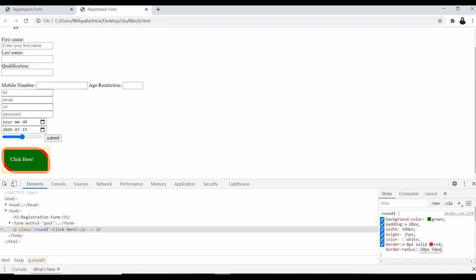If I give two values, it will take automatically top left and bottom right, and top right and bottom left. So this is border radius. You can use this for buttons or showcasing your content. Wherever you are providing border, you can give this value.